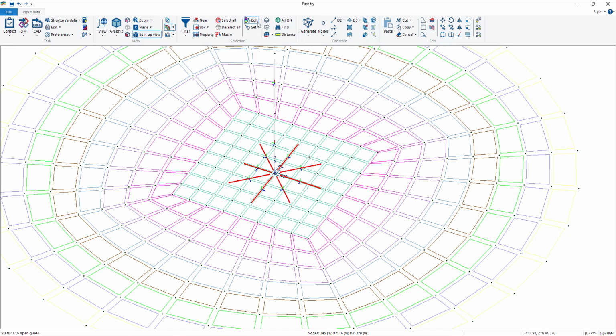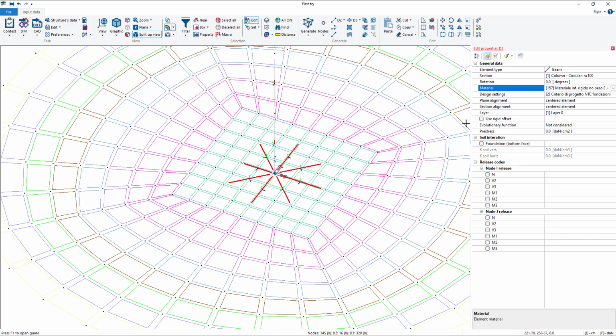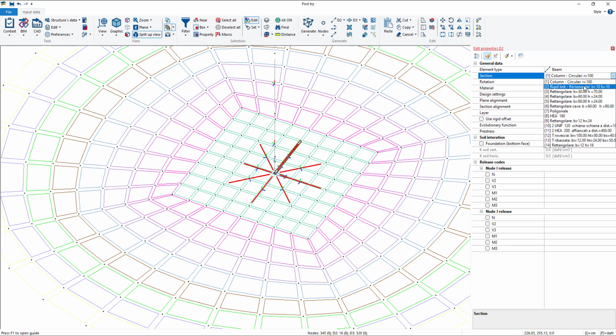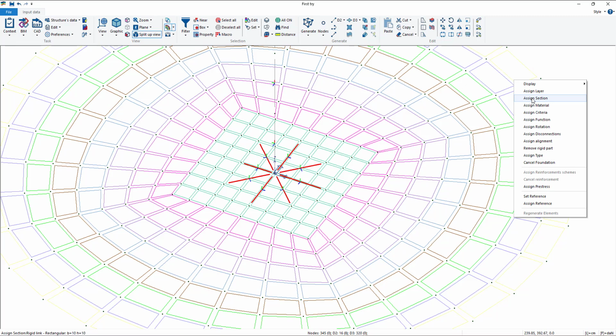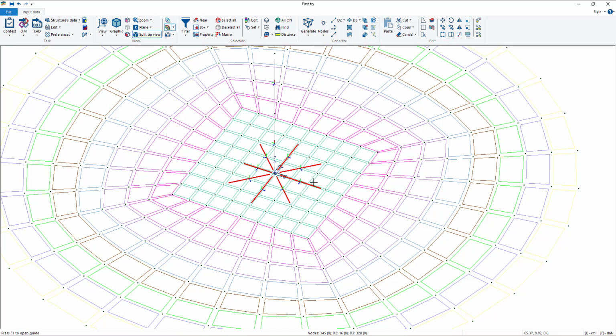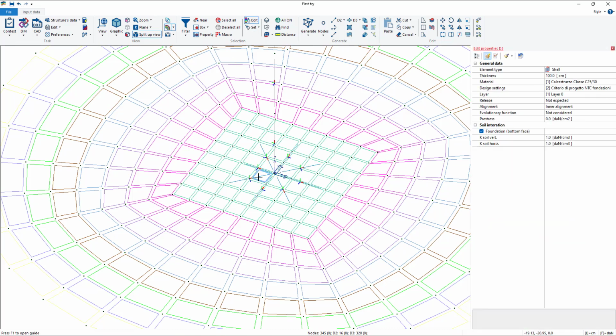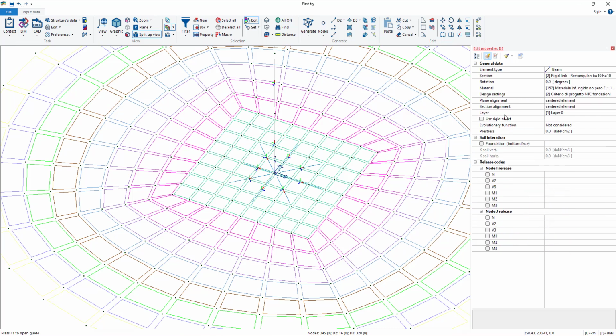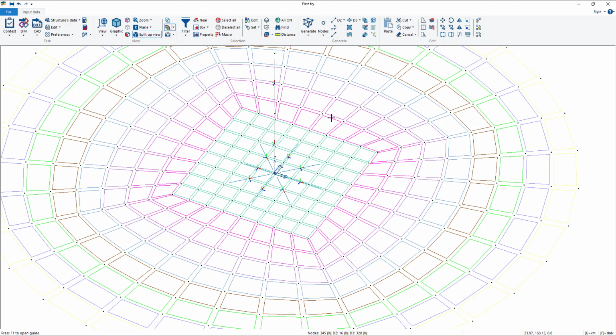Now we already have our element selected. I can click on it and change the section to number 2, rigid link 10 by 10. Okay, I set properties, right click, assign. I have to assign both section and material, and these elements share every property, so I can go with assign reference. Okay, as before, I check at least one of them to verify that the command worked. So the section is right, the material is right. I can close it, and then